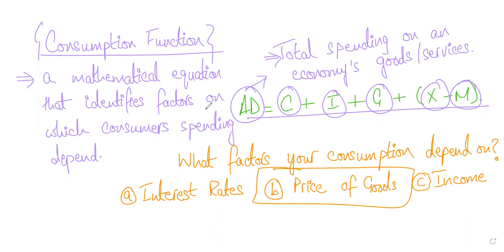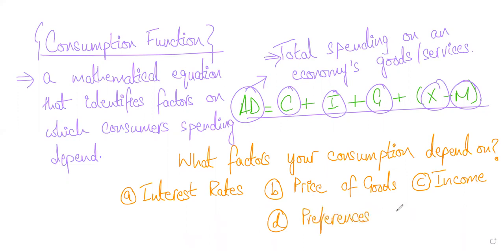Then consumers' own preferences. If they have a major expenditure coming up, they save more. Some people are more inclined towards saving, some more towards spending. You must have seen this around yourself. There is a long list, and we are not saying that we have covered all the factors. Is this clear? These are the factors, and there may be some more that affect your consumption. Up to here it's clear, right?